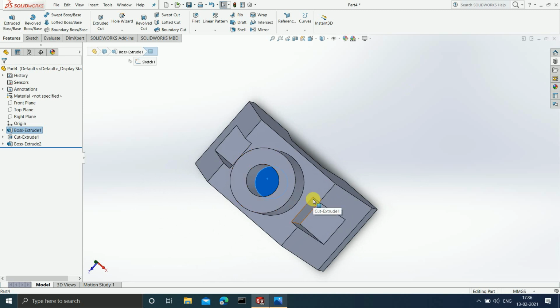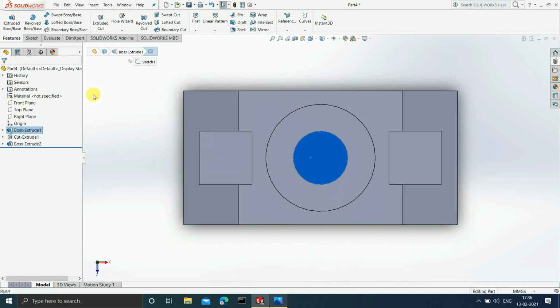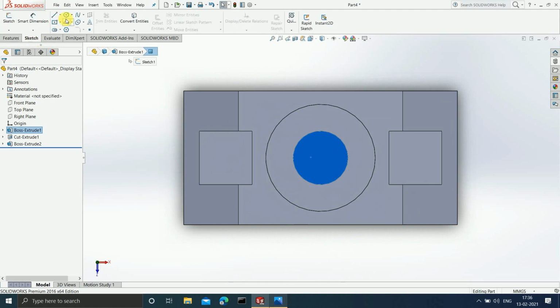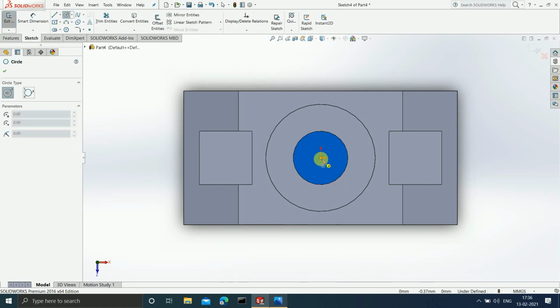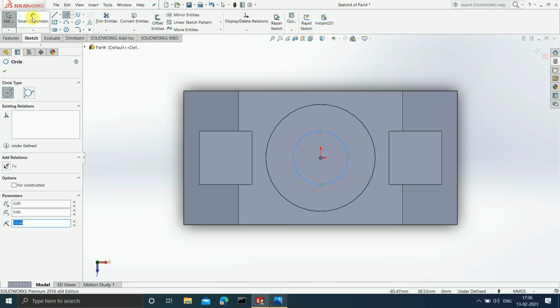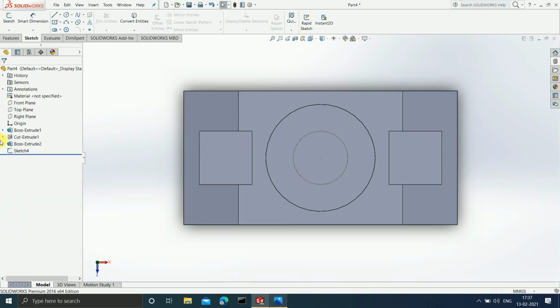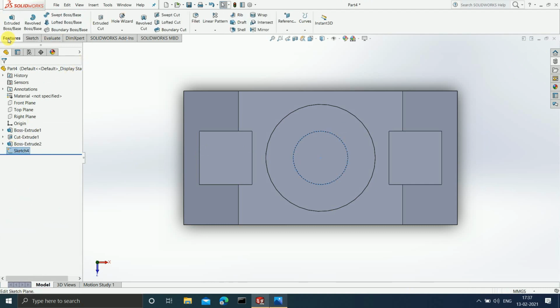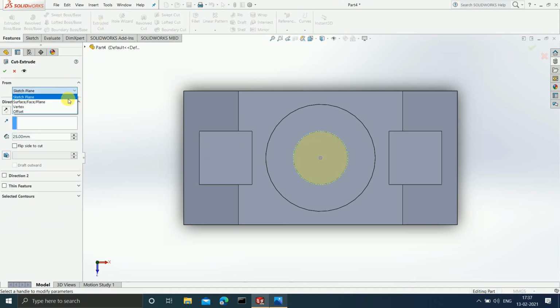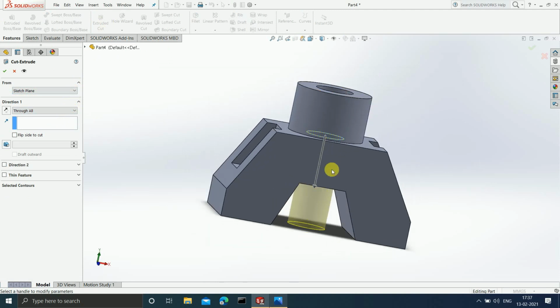Okay, so let's press Control 8. Again, if you want to use extruded cut, you first must have a sketch. So let's draw a sketch. We want a hole of this much, which has to be throughout this complete model. Done. Now once this is done, you can use the sketch command and use extruded cut. Now using extruded cut, I said you want it to be through all, complete through the complete model that you have created. See, it has to pass through the complete model. Done.